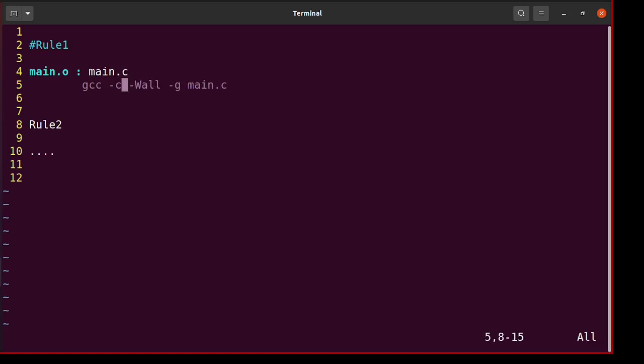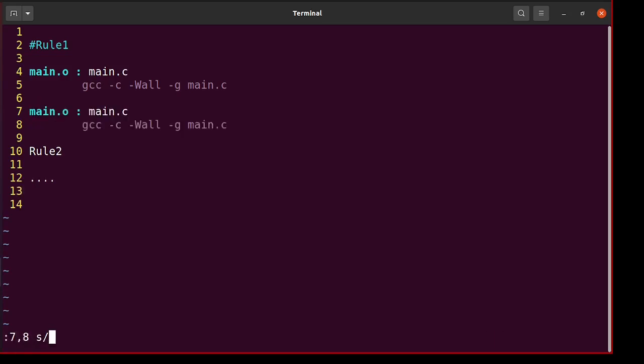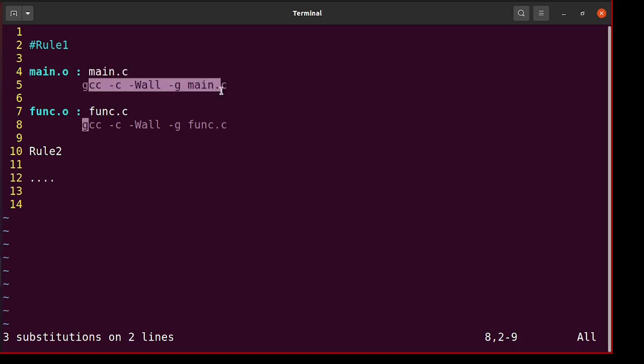Similarly, I will copy paste and I will create a rule for func. I will substitute main with func globally. So now my two rules are ready. The rule is simply saying that this target is dependent on this dependency, and if this dependency is more recent, that means the modification timestamp of main.c is greater than modification timestamp of main.o, then rebuild that target, create main.o